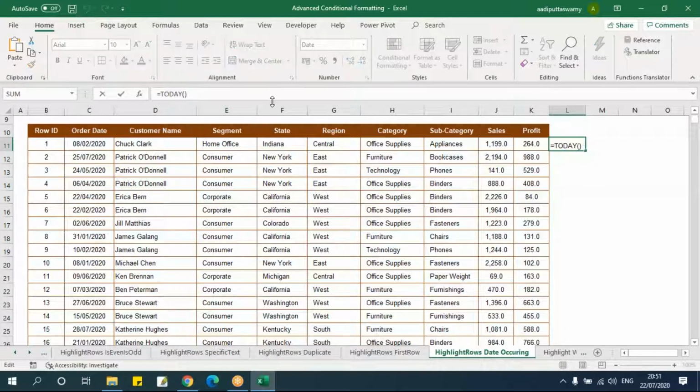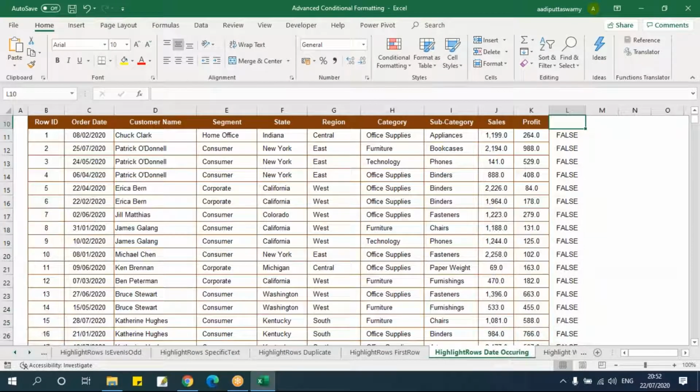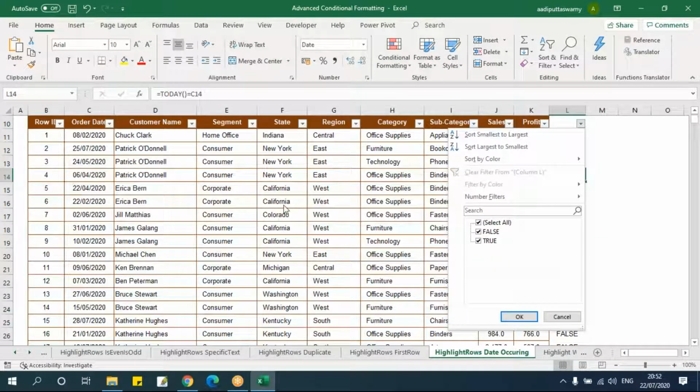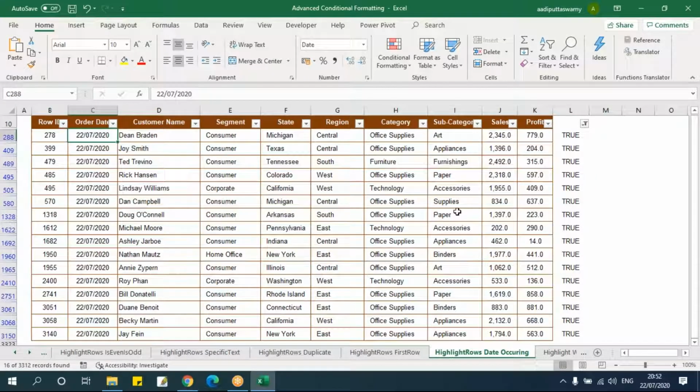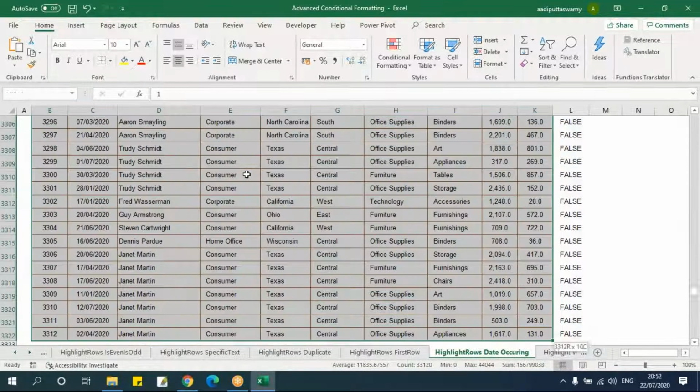Then I'll say equals this date. So this will check whether the date here is today's date. If you go and check this true value, all the values which are true will be today's date. So what we'll do, we'll just go here, take this formula, and then select